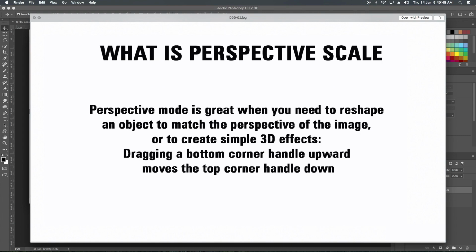And what is perspective scaling, Aman? Perspective mode is a grid when you need to reshape an object to match a perspective of the image or to create simple 3D effects. Dragging a bottom corner handle upward moves the top corner handle down.